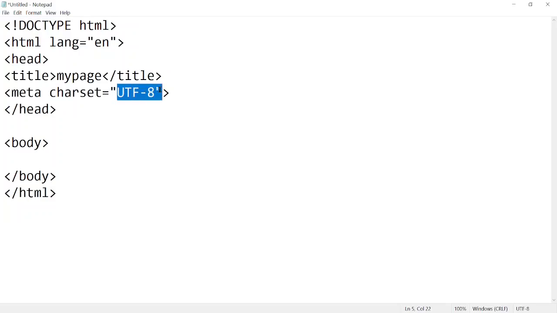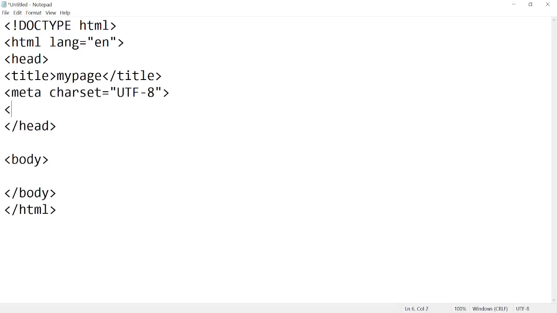Every character on your web page will have some encoding, for example ASCII code, or Unicode. That's why you have to give the character set over here. The next meta tag will be name equal to author, which will contain the name of the author.